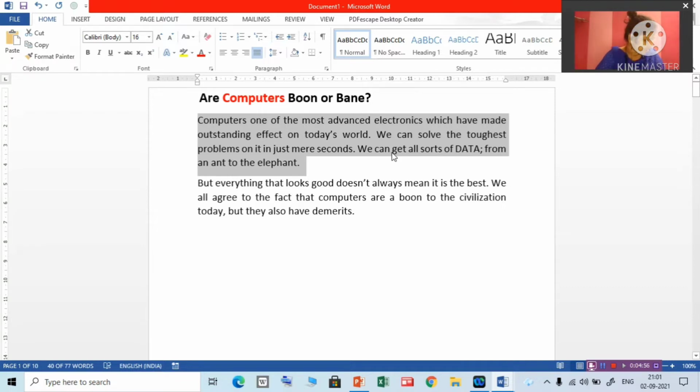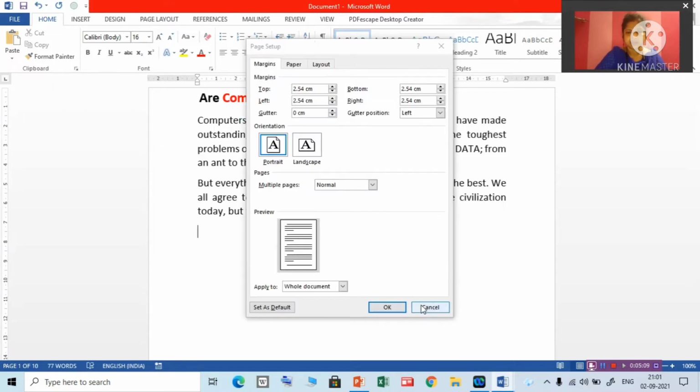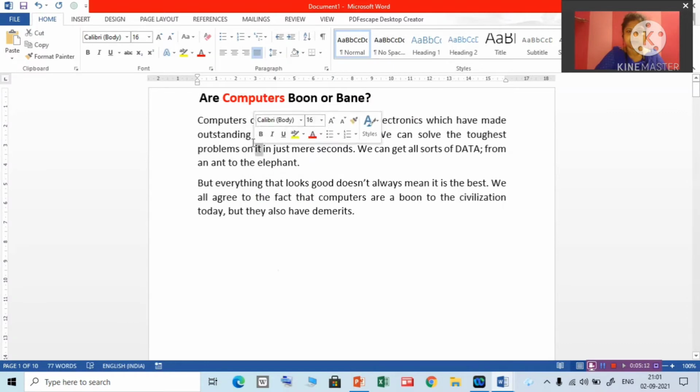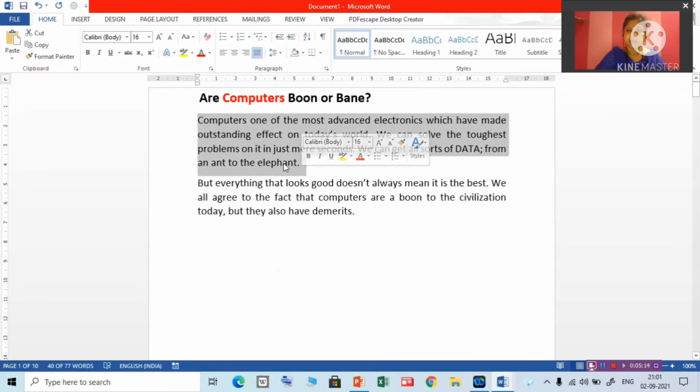Or what you can do, double click in the left margin of the paragraph. Here is the left margin, you can double click on the left margin of the paragraph or you can triple click here, to select the paragraph.